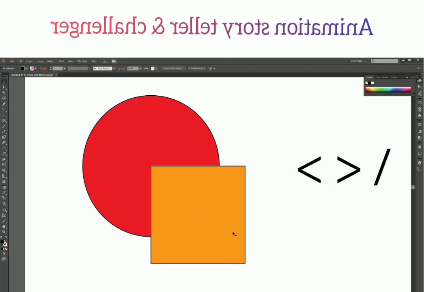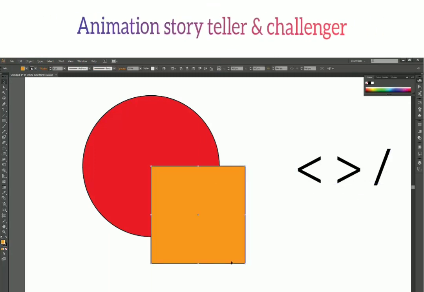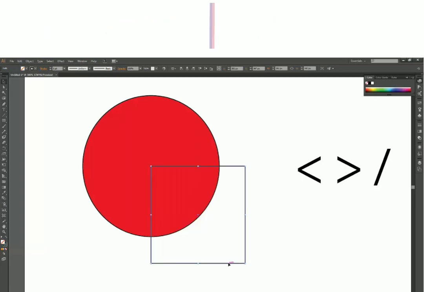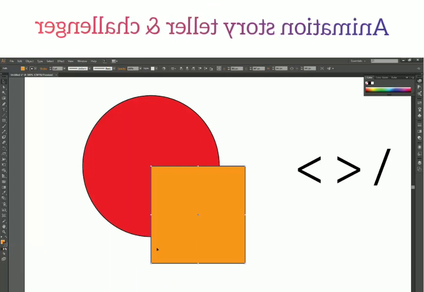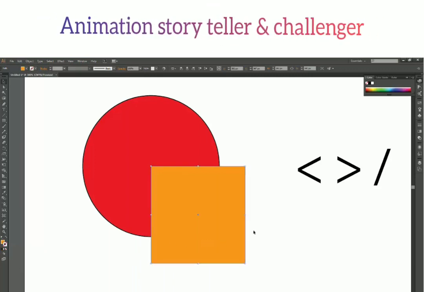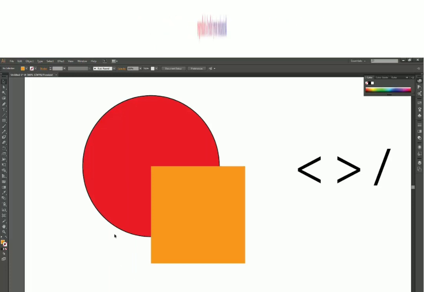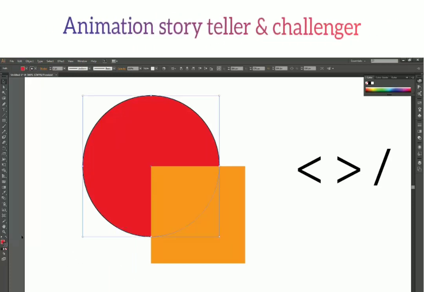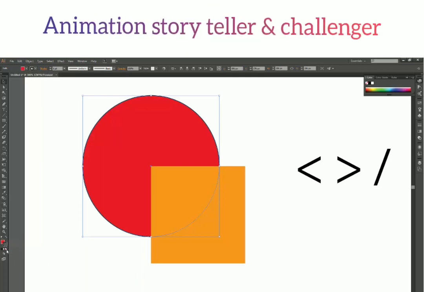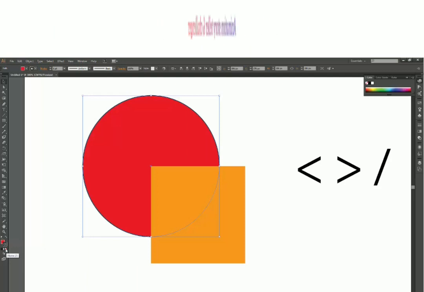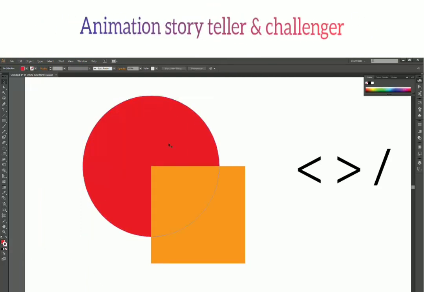So let us see. If I select the rectangle and press this slash key, my color disappeared because right now I think the fill was selected. So select the outline and press the slash key, and there I have my outline removed. Again for the circle I'm going to do the same thing. Make sure our outline is selected and then press the slash key, or you can press this button over here. Both will work the same way. So I have my outlines removed.